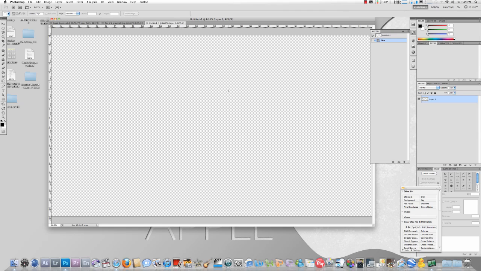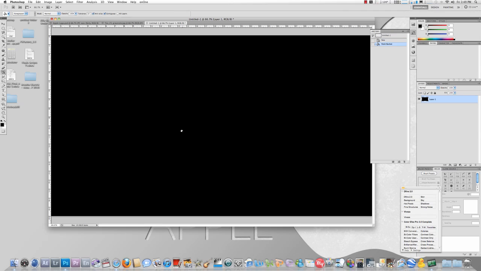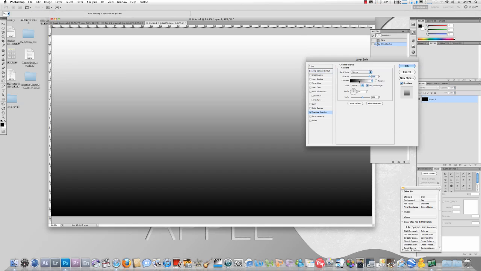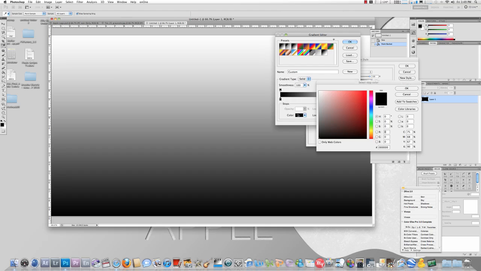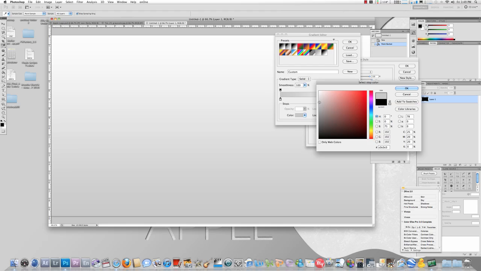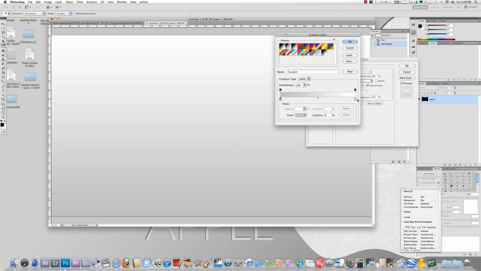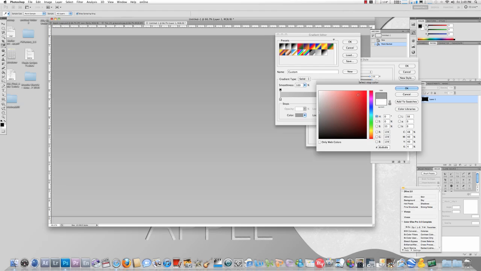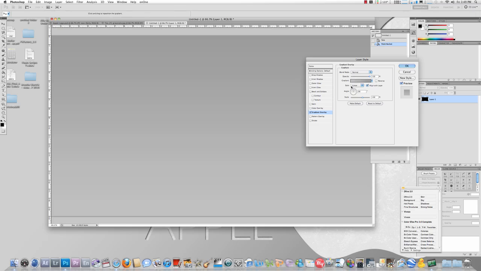What you're going to want to do now is add a background to this. Press G on your keyboard to bring up the paint bucket and click inside with the black solid. Now double click over here on your layers palette. Double click, add a gradient overlay. I'm going to change the first color to kind of a white but still gray color, somewhere around there. And the second color to just a bit darker than that. Around there is good. Press OK, change the angle